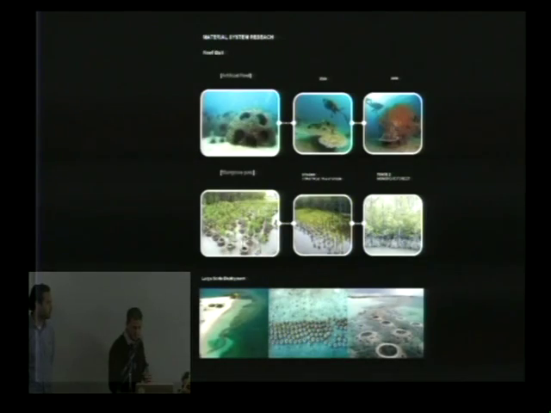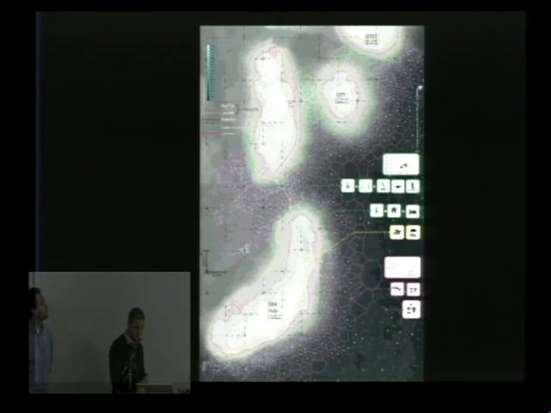The material system I'm planning to implement for the coral growth and the sedimentation mediation is an already existing material system, which is the reef bowl. I'm planning to use two types of reef bowl. One is to create artificial reef, and the other is to plant mangroves in a very intelligent way around the perimeter in order to mediate with the dynamics. Here is a rough schematic of the programming.